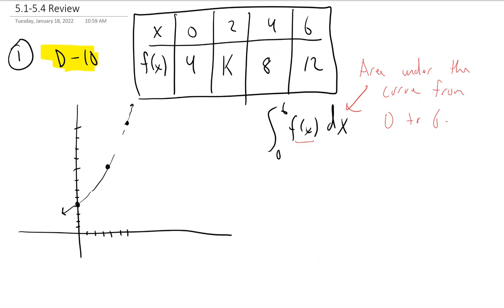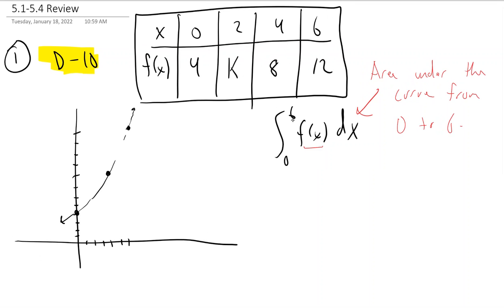Okay, we did use these symbols the first time. But trapezoidal approximation. So I've got some trapezoid